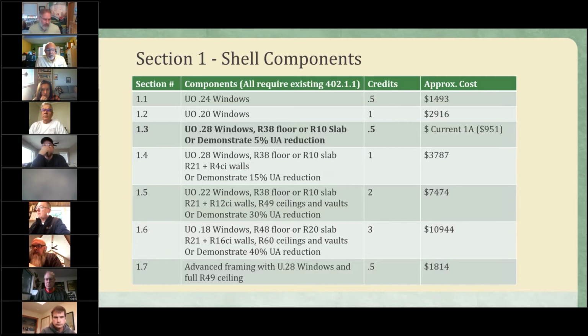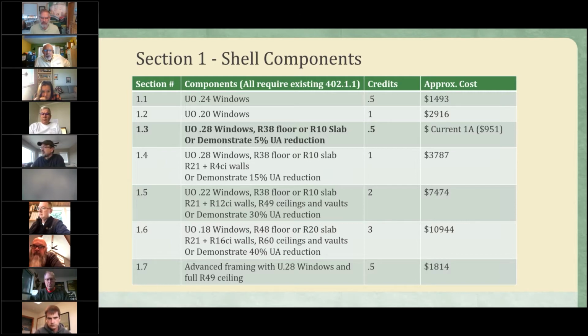Sure, yeah. In the chat, somebody already asked about the windows and doors. There's a baseline table. It's the low-level bar that you have to cover. It's in table 402.1.3 in the code. You can get this code from WSU Energy online, and you can look up that baseline. This is all above the baseline, so you don't have to pick one of these. But in this section, you've got 7 choices. You can only pick one. You see your credits in that 3rd column. Those are the credits you'll be taking depending on which